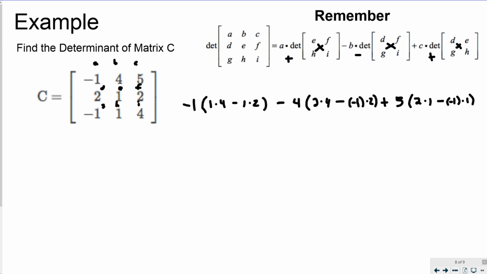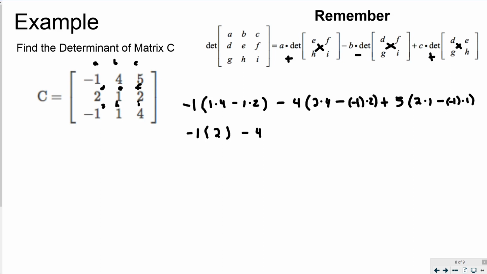So order of operations takes over, and I need to do the multiplication inside of each parentheses first, then do the subtraction, and then I'm going to do all of the final addition and subtraction after multiplying these coefficients in there. So on the inside, I get -1 times, 1 times 4 is 4, take away 2, so I'm going to get times 2 here,